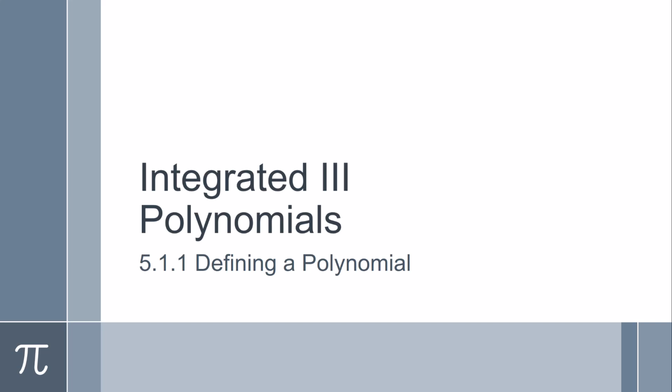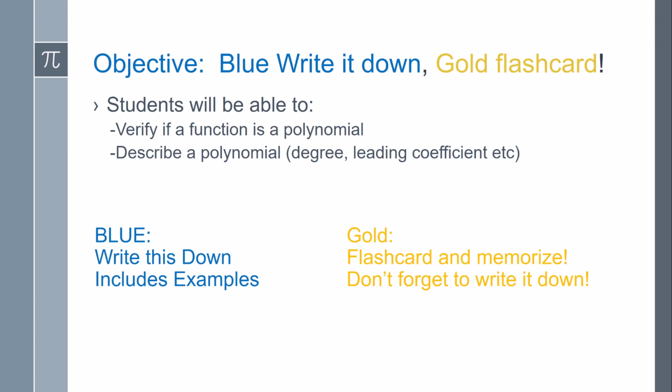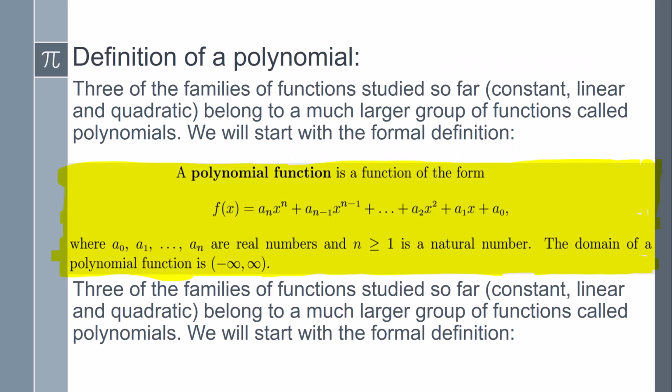This is section 5.1.1. We're going to be defining a polynomial. So we're going to verify if a function is a polynomial and describe the degree, the leading coefficient, etc. of a polynomial. Now, three of the families of functions that we've studied so far, we've looked at a constant,